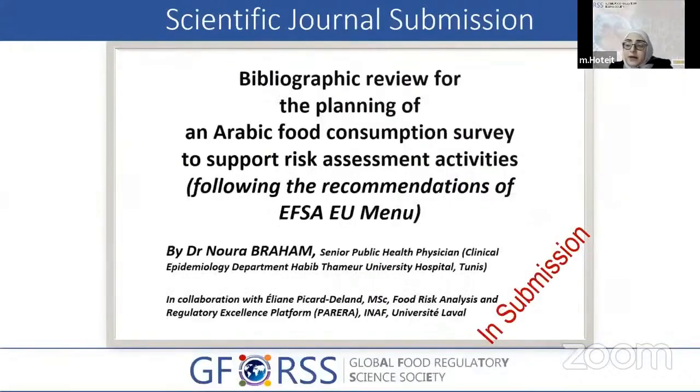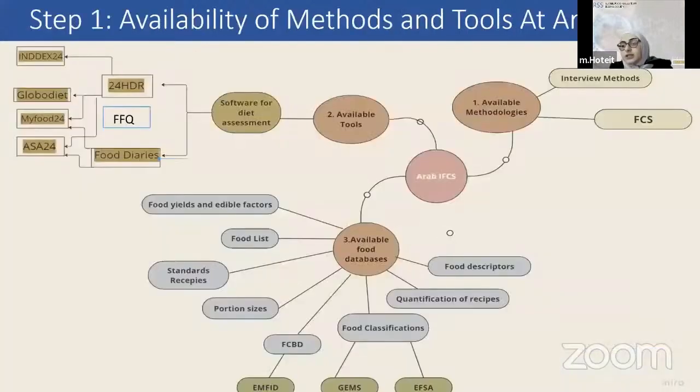To assist the Arab countries in updating their data, G-Force prepared a roadmap that will be published as a review paper, where it will explain in detail all the steps required to accomplish the objective of developing the Arab food consumption survey that will be launched very soon and conducted in 22 Arab countries. All the methodologies listed previously will be considered during this project, during the conduct of the study,